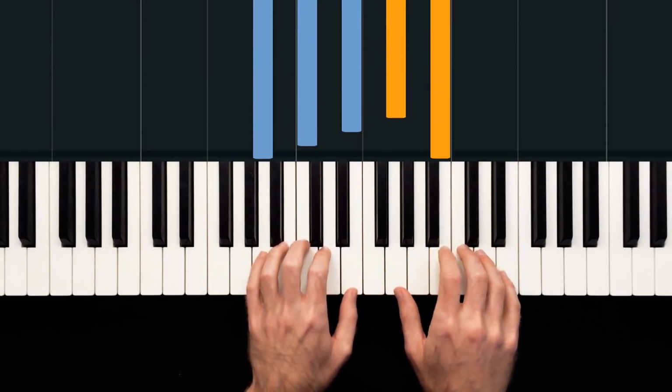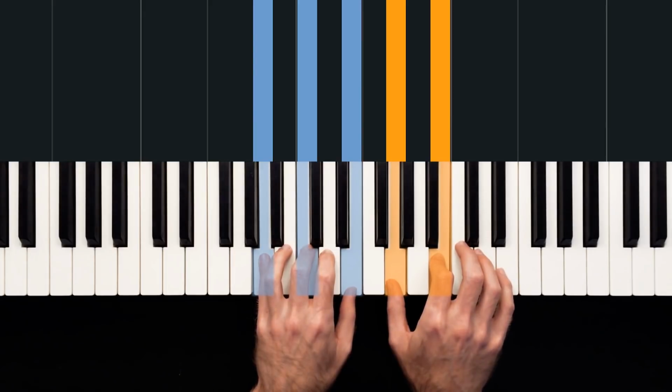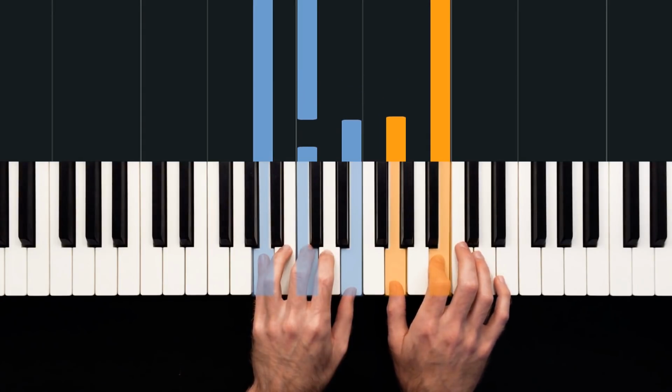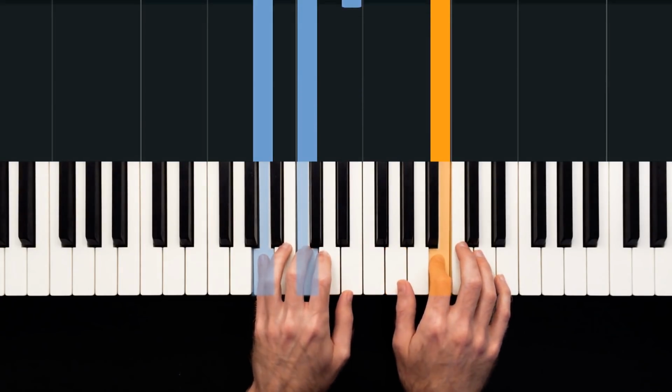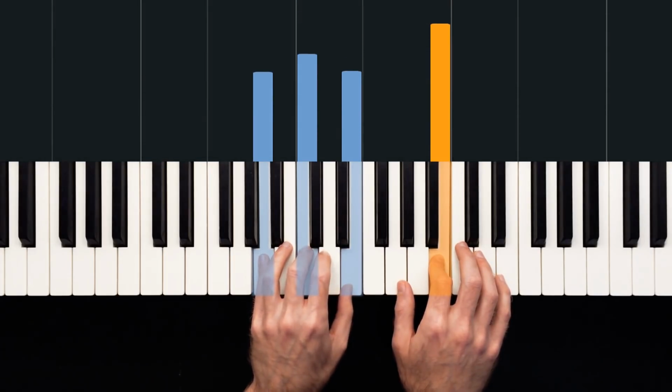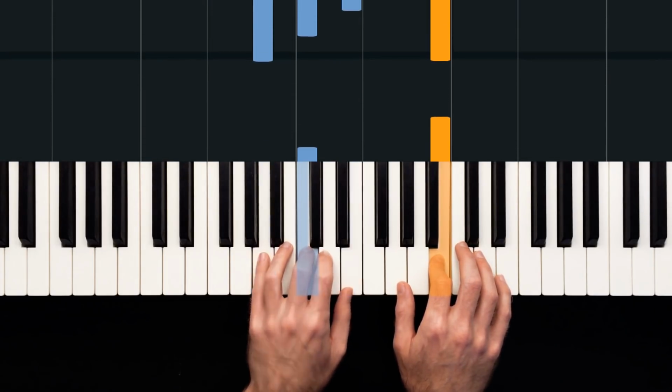Up to this point here. And then we're going to repeat 2 of the lower notes with our left hand. On beat 2E, we're going to play C. And on 2 and, we play the E. So we have, through this bar,